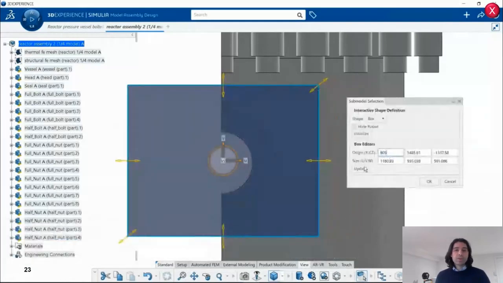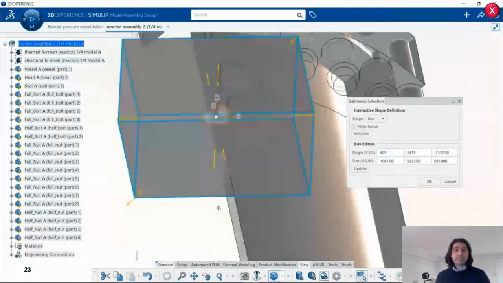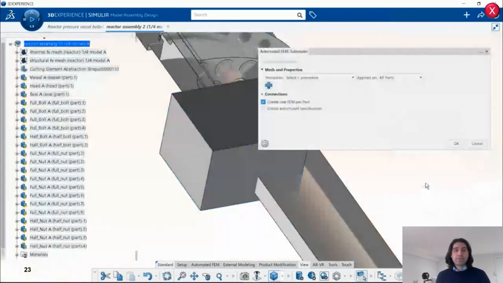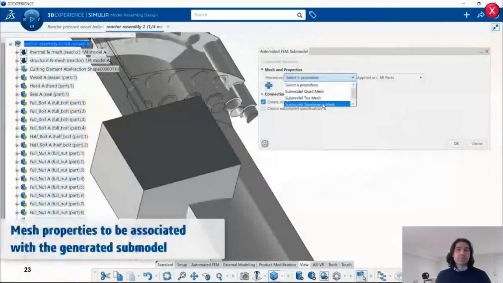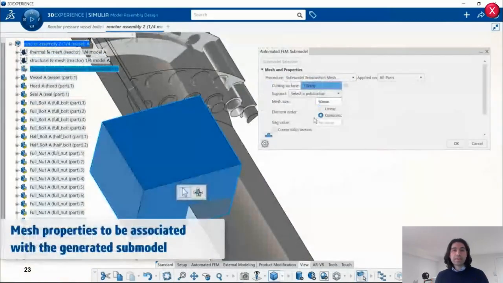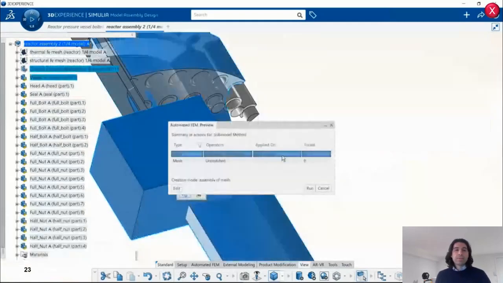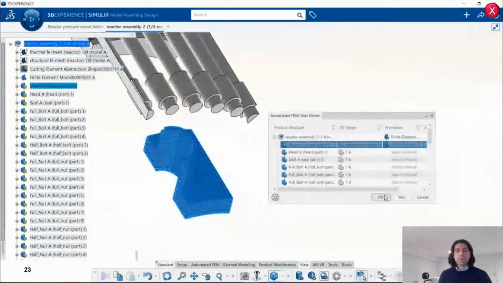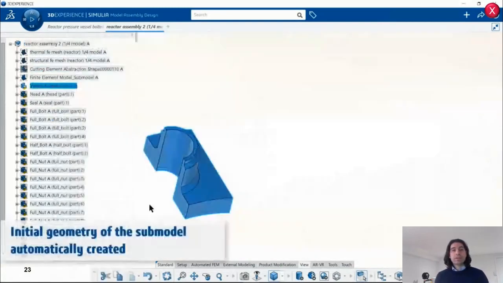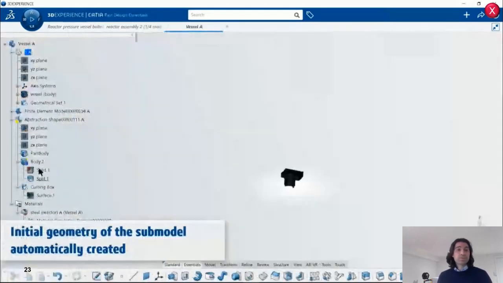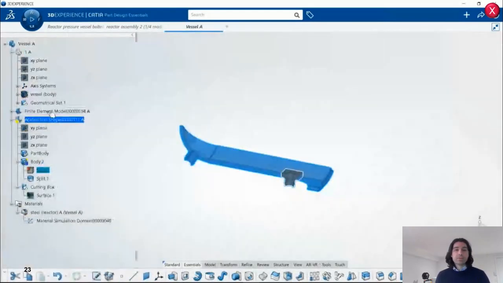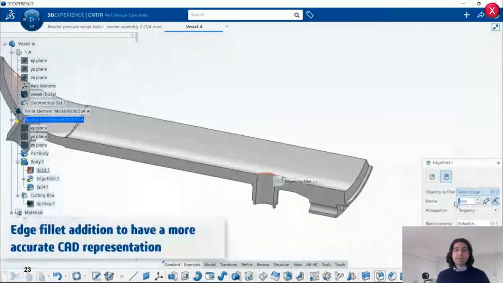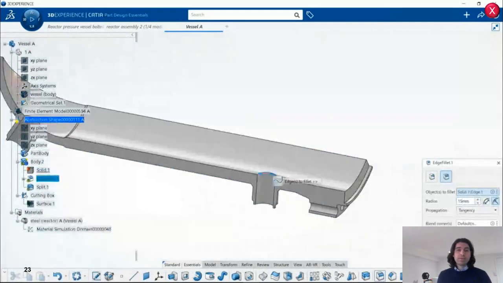So here you can see with a box trap region, you can define the section you want to study, and you're going to be able to directly define the mesh properties, the mesh size, the element type or order, and basically we'll create that sub-model. And what's nice is that you can go back to your CAD geometry and add those features that were defeatured. So here we're going to add a fillet that was removed in the modeling process. So we're going to put back the radius and the fillet.